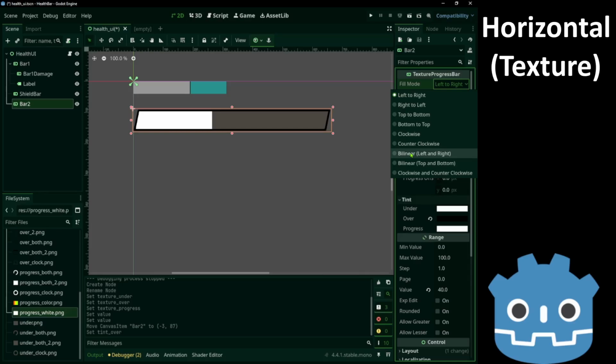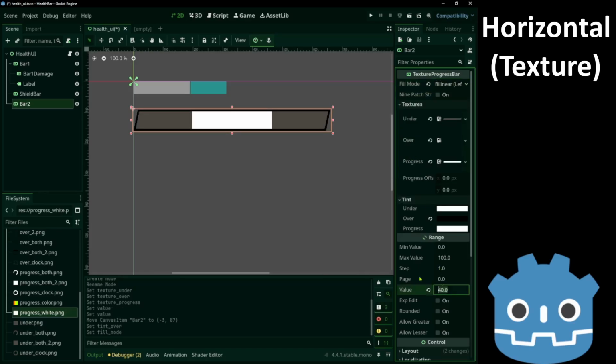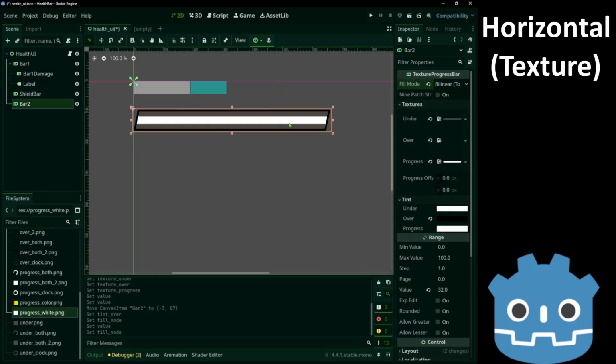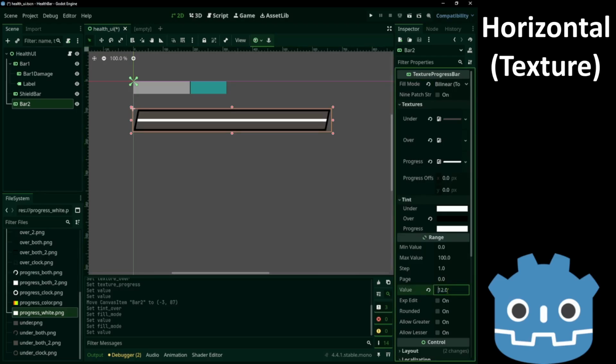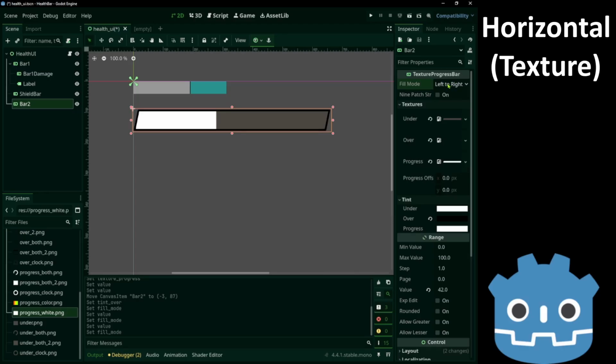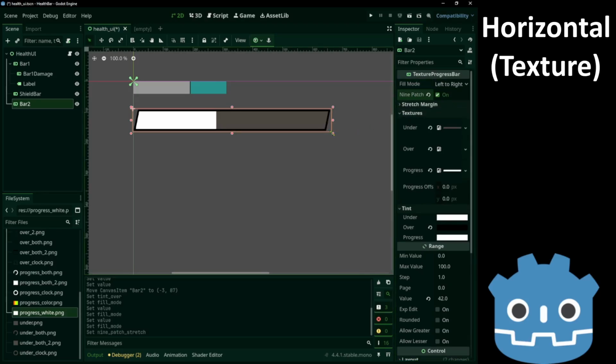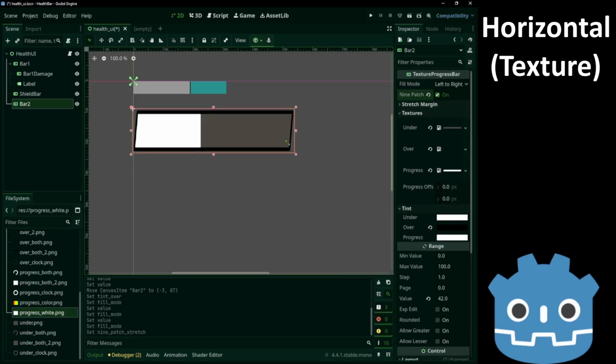Let's see bilinear. This starts from the middle and goes to both sides. And it works for top and bottom as well. We'll just use the left to right here. The 9 patch stretch allows us to resize the progress bar.